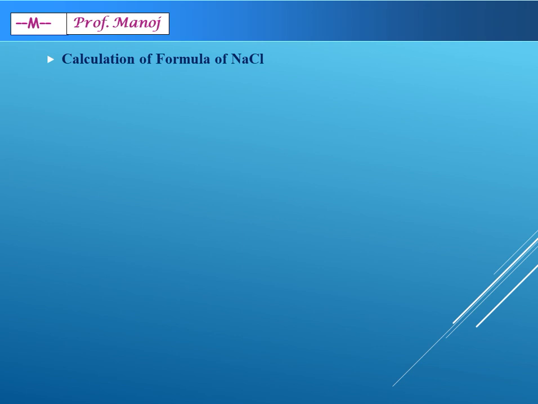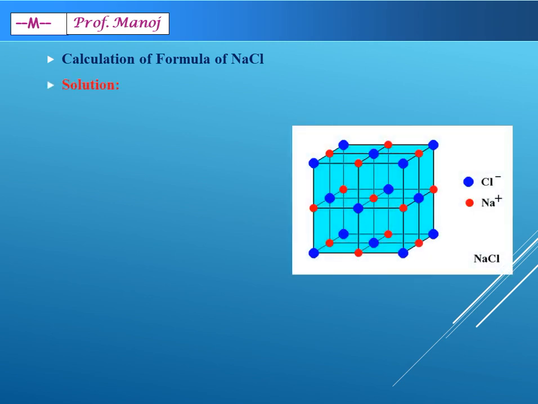Let us now calculate the formula of sodium chloride. You will wonder, everyone knows the formula of sodium chloride perhaps from 7th standard, it's NaCl. I am talking about the formula of the cube crystal lattice of NaCl, and it's not that easy. For that we must know a clear picture of sodium chloride. Spend 1 minute in understanding this diagram. The blue spheres are of chloride, red is shown as sodium.